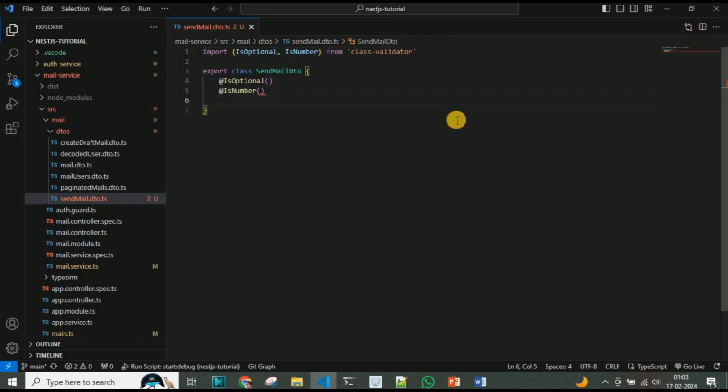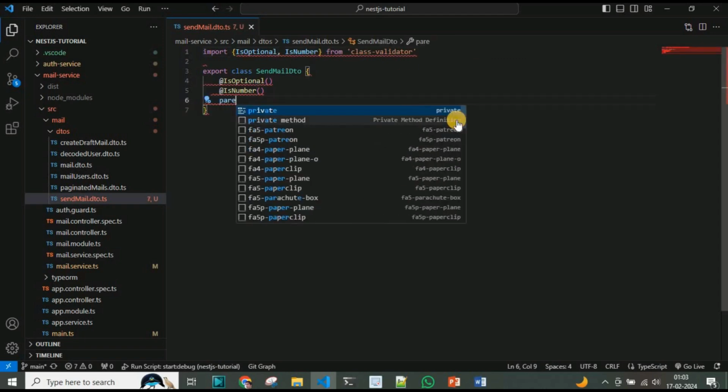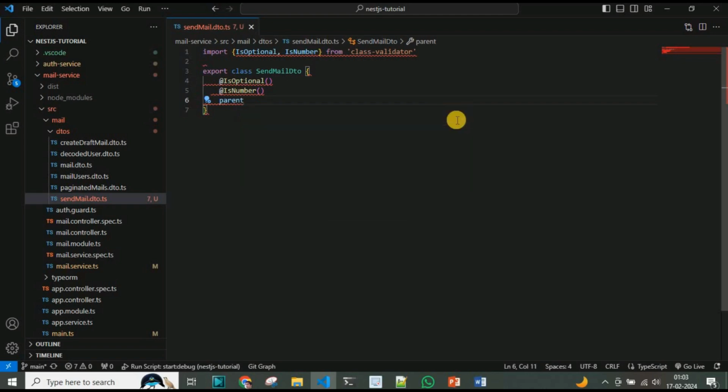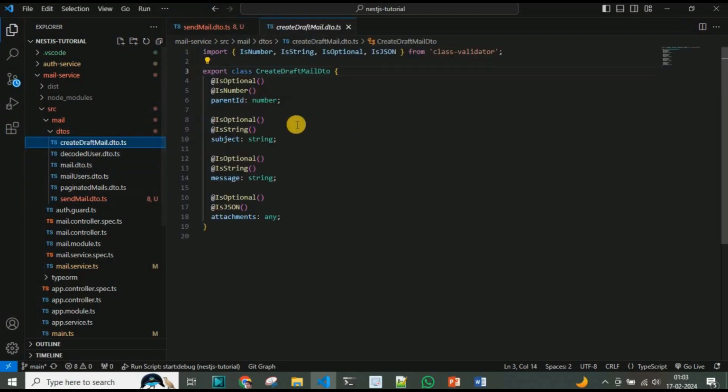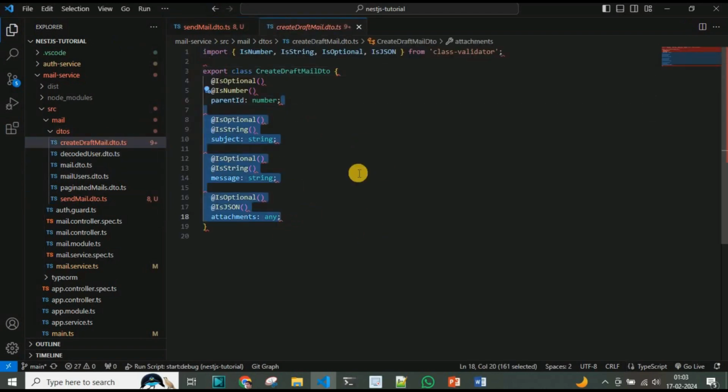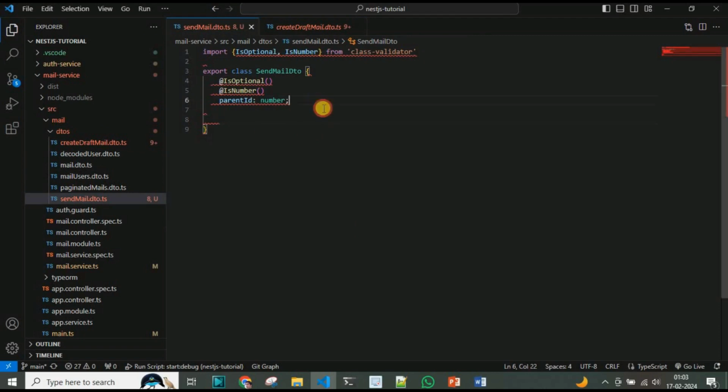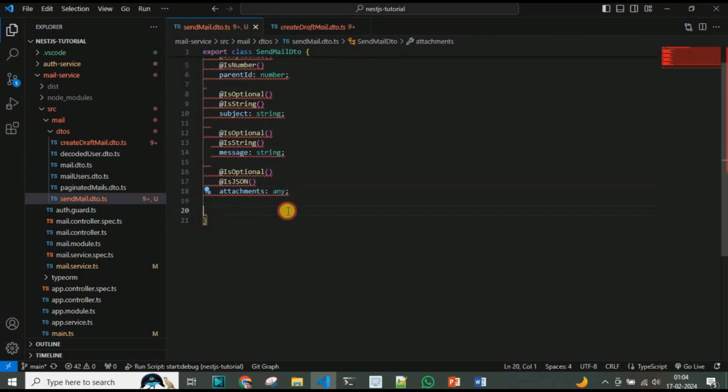It's fine now, and the field name will be the parent ID, and type will be number. Next I will have the subject. So it will be just like the create draft mail detail. So I'll copy the rest of it from the create draft mail detail, and the additional fields here will be